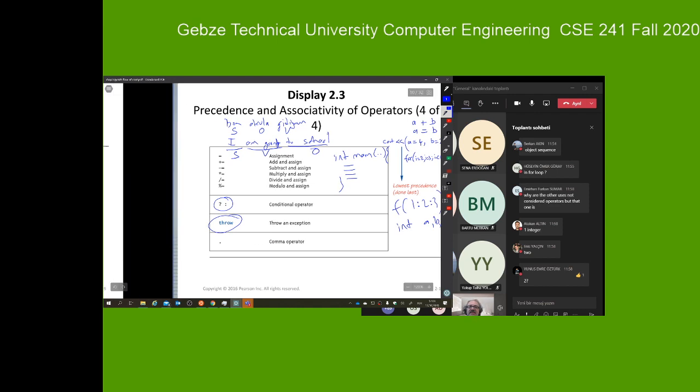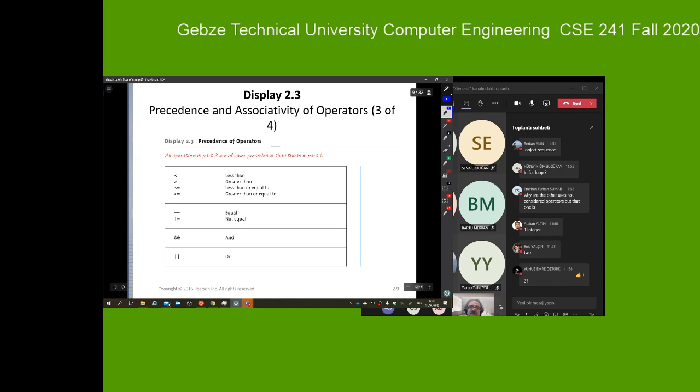Okay. So this is a table. Of course, I am not expecting you or anybody to memorize all the associativity. Well, it is easy to learn the associativity, but the precedence is not that easy to remember. But usually you do things like,